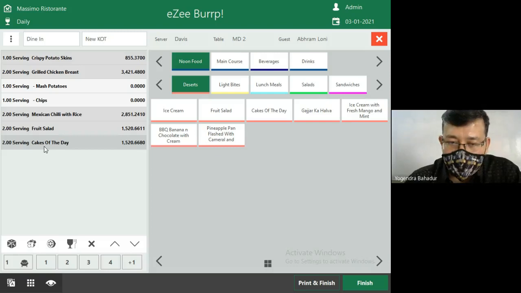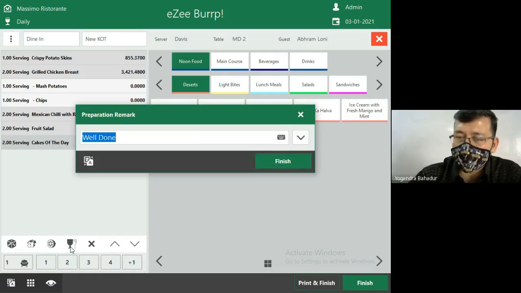In that scenario, you will first select the cake of the day, and then you will look at the bottom. In the bottom, we have change quantity, add modifier, and preparation.